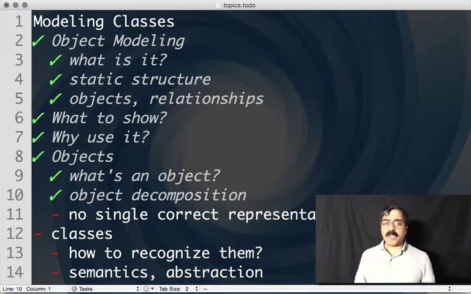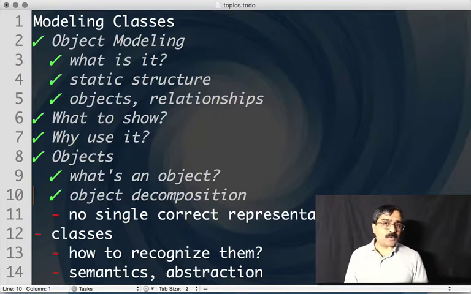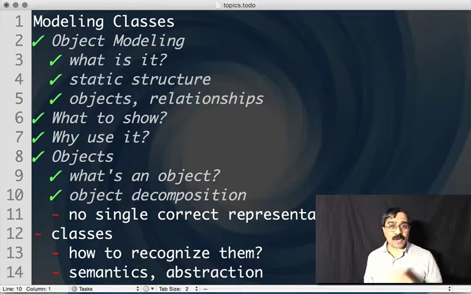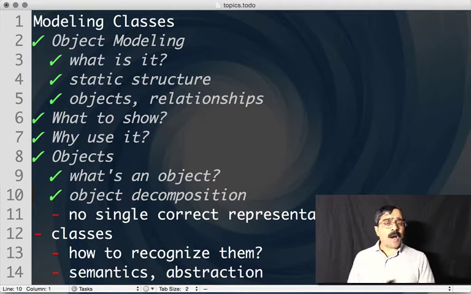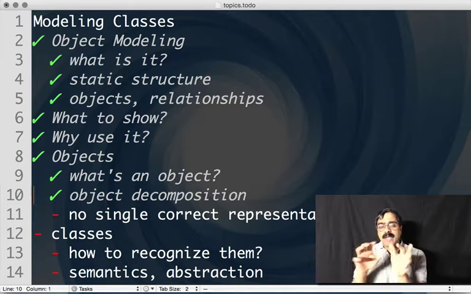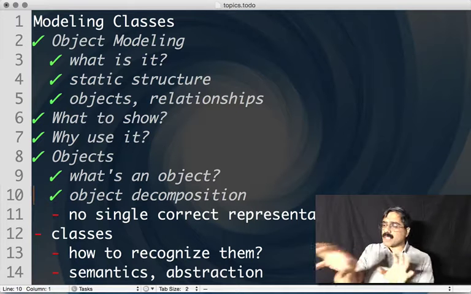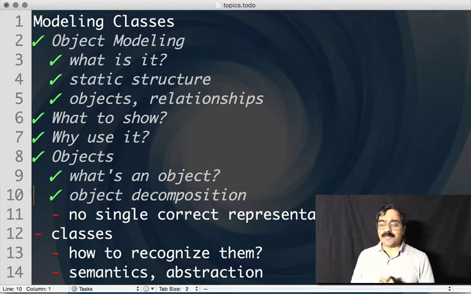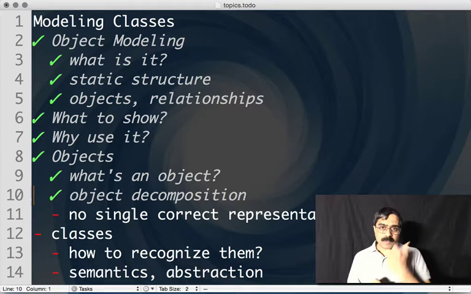Oftentimes in a database, we use primary keys as identifiers. In the case of programs running, the main memory location could be an identifier, but oftentimes a domain-specific identifier is used to distinguish one object from another. But when we do object decomposition, we take the problem at hand and assign responsibilities to different objects and say, this object is responsible for this kind of behavior and state,